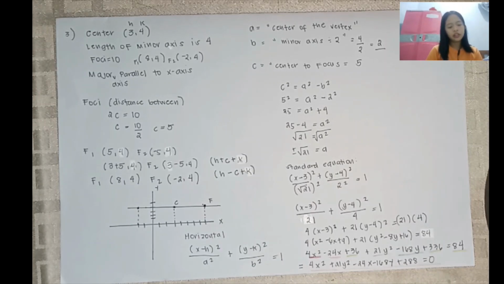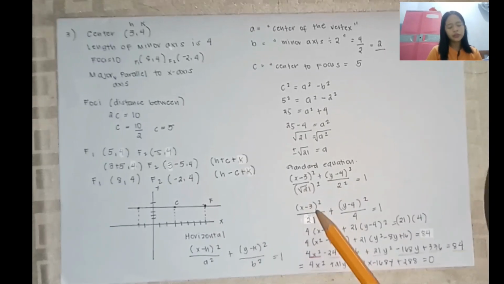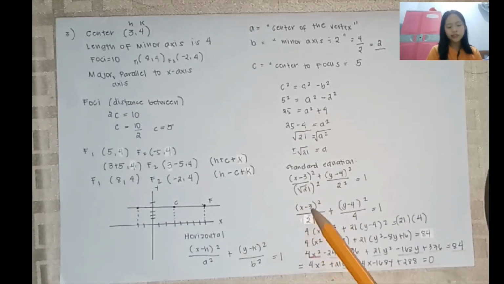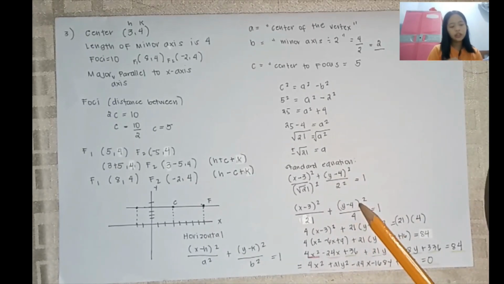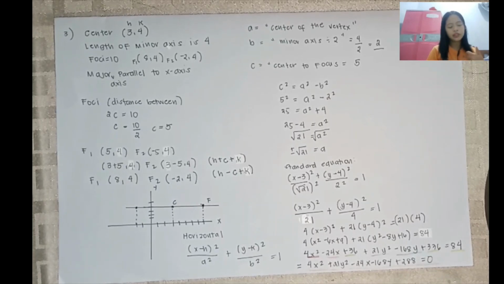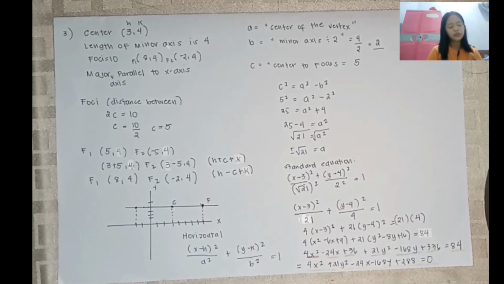Simplify the denominator: square root of 21 squared is 21, so the square root cancels. And y minus 4 squared, 2 squared is 4, equals 1. To simplify, (x minus 3) squared over 21 plus (y minus 4) squared over 4 is equal to 1. Doing cross multiplication, 4 times (x minus 3) squared plus 21 times (y minus 4) squared is equal to 21 times